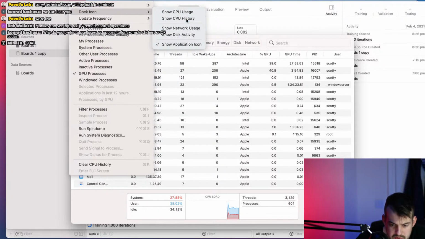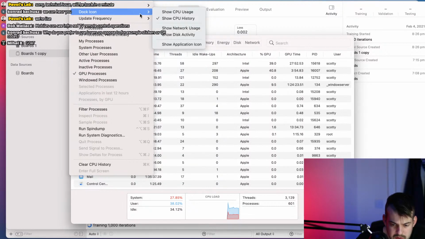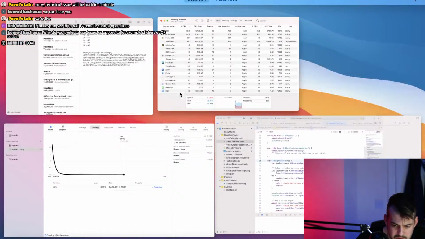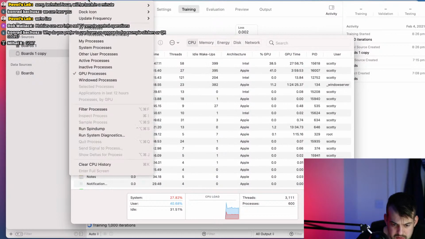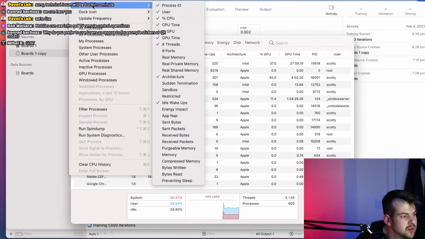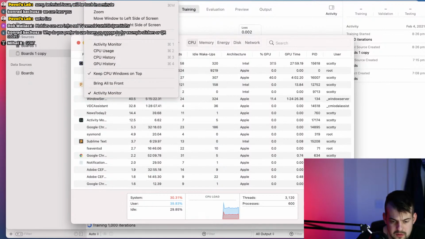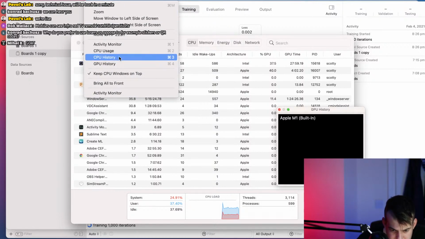Show GPU history, and also view CPU usage and CPU load. No, I want all processes. Okay. Oh, here we go. GPU history and CPU history